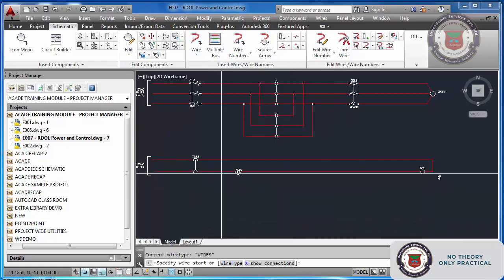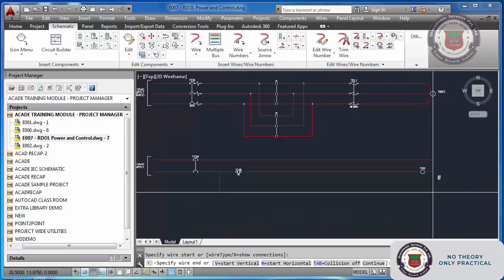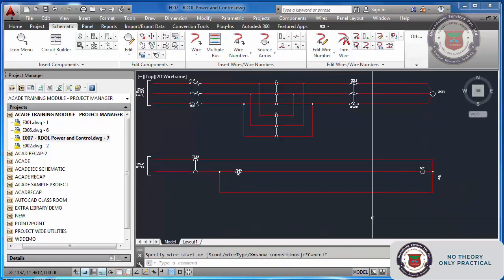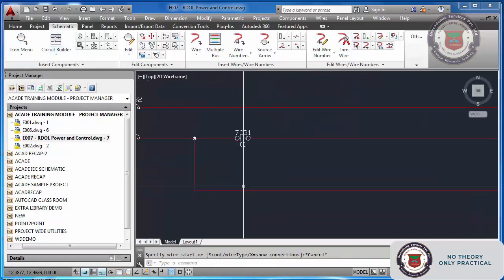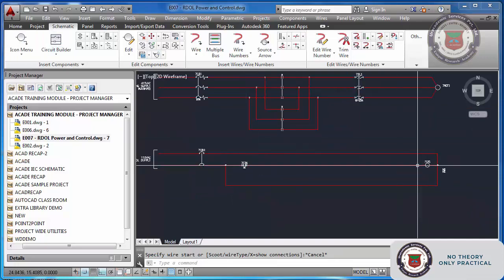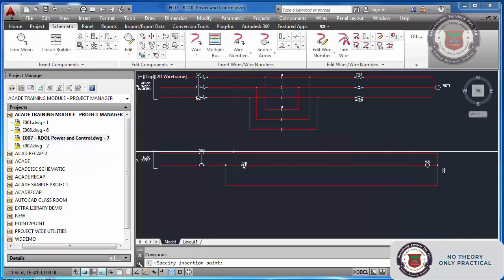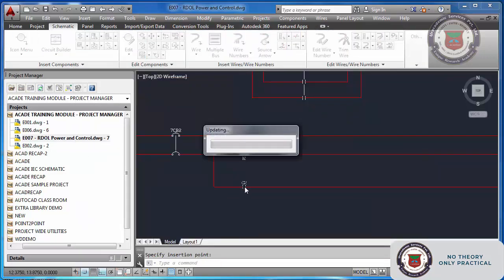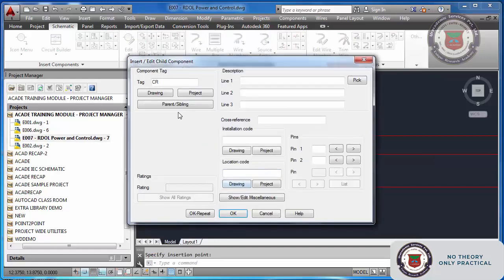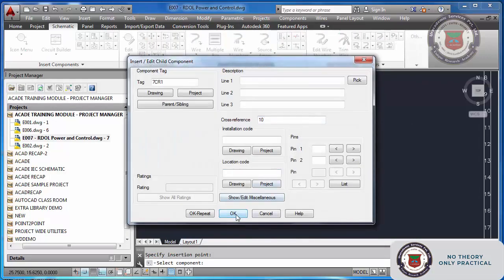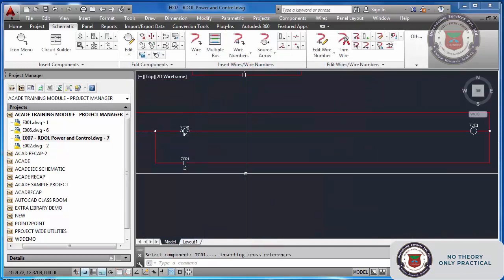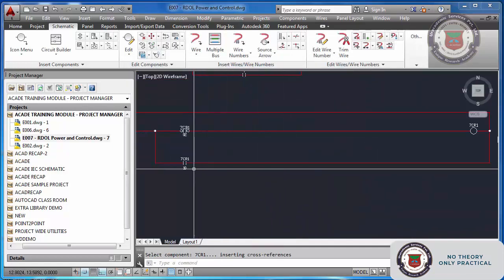So next, just below this, I will draw another wire here. Again here I want to insert a component, NO contact of this control relay. So I will go to relay NO contact. Here I will insert the NO parent, go and pick this one. Now you see I have inserted one NO contact of this particular relay.